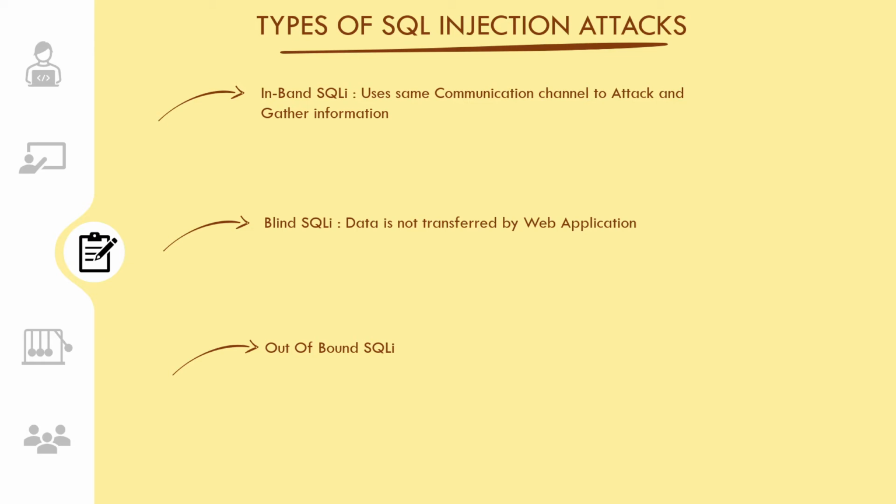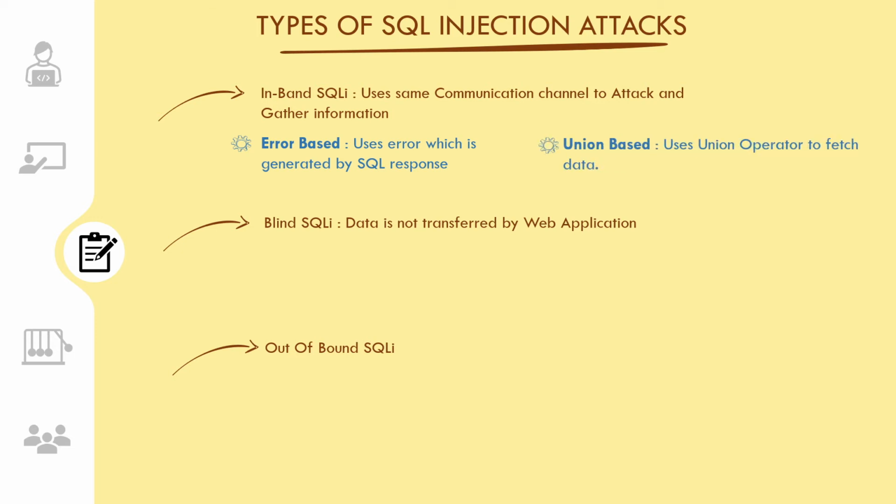For in-band SQL injection, we have two types. First one is error based. As the in-band attack relies on data gathered from firing queries, here mostly the error messages coming up from the response on the web server are targeted. Next is union based. The attacker uses the union operator from SQL to have two query results in the same single instance, and this is sent in the HTTP response so as to retrieve information from the SQL database.